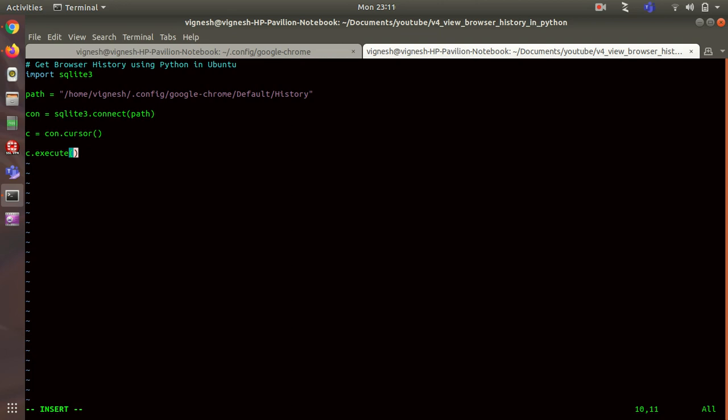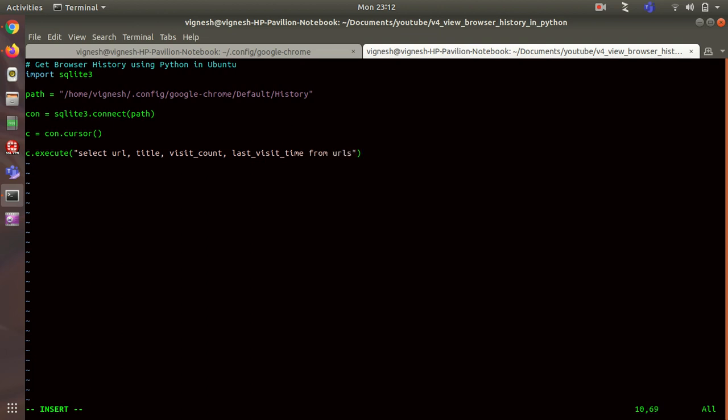So the SQLite query is going to be like this: select url, title, visit_count, last_visit_time from urls.